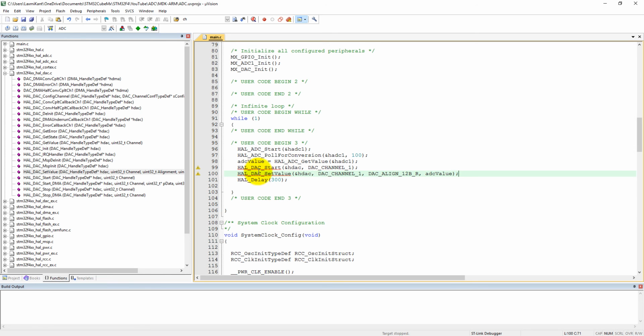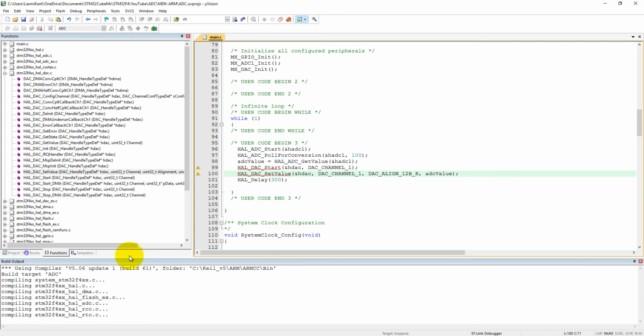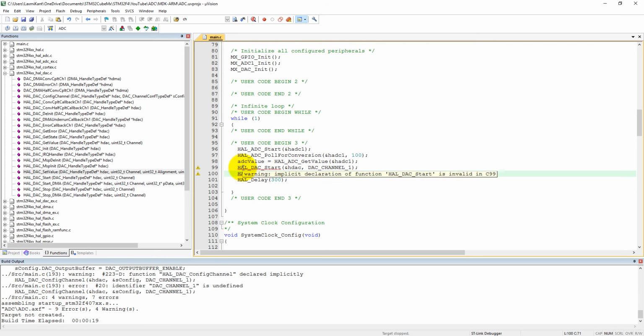Now let's compile it. It will take a little bit of time. Then after compilation, we can test our code directly. Here you can see I have added only these two lines for the DAC start and DAC set value.